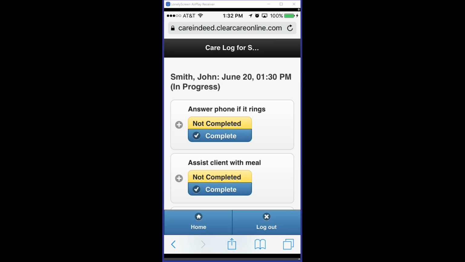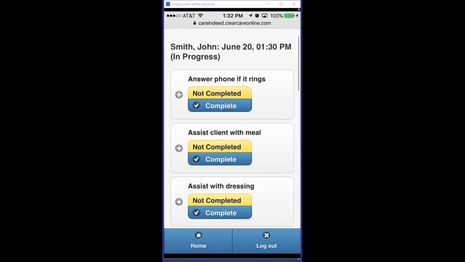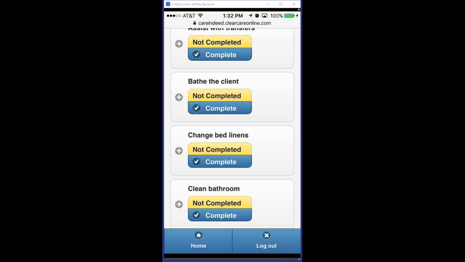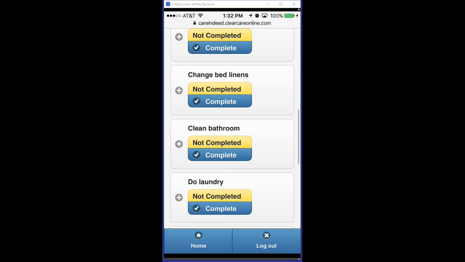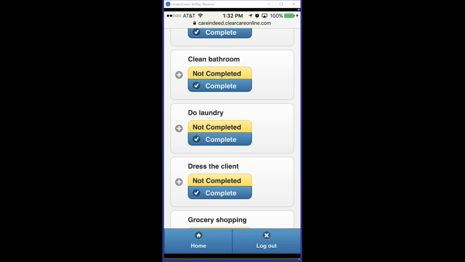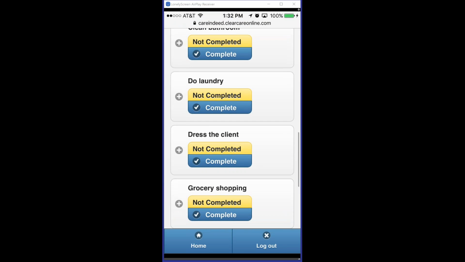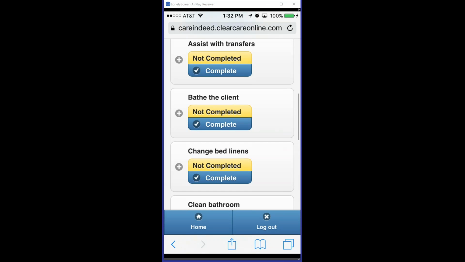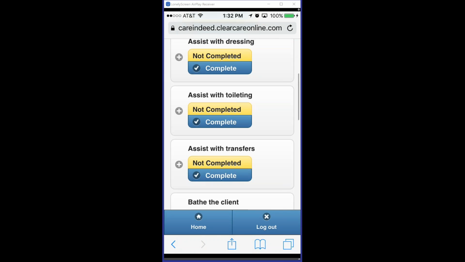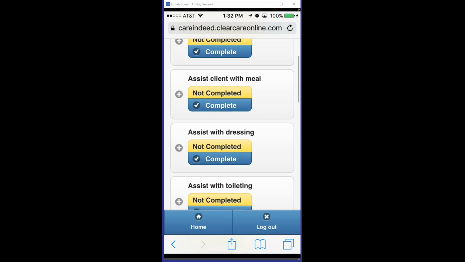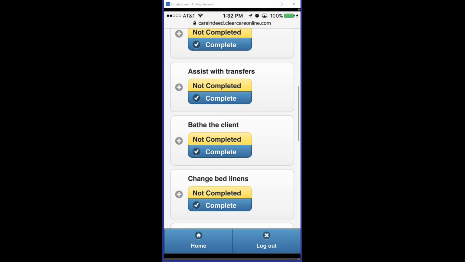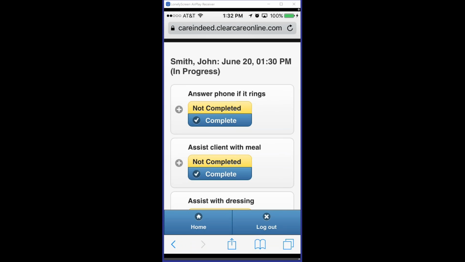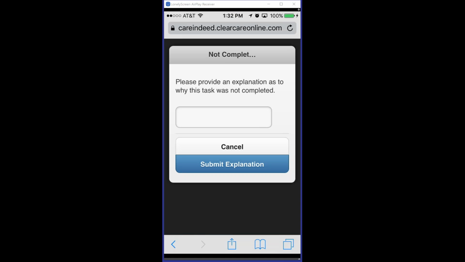Now, throughout your shift and after you have clocked in, you can update all your tasks. These are all the tasks required for this particular client. Mind you, the tasks will be different with different clients. Some clients will require you to give them a bath, and some will not. Throughout your shift, anytime you perform or complete one of these tasks, you have to update it. For example, let's update answering the phone when it rings. Let's just say yes,